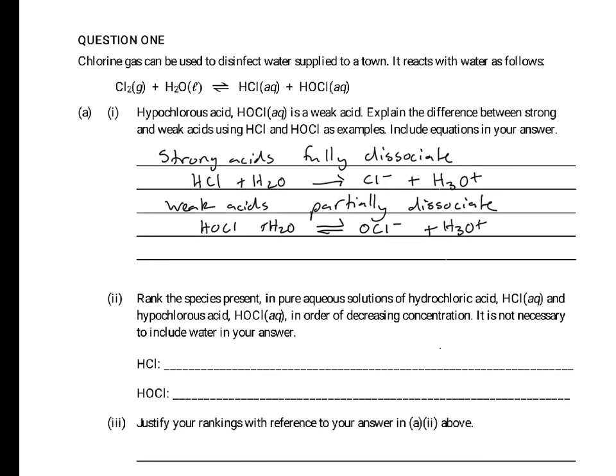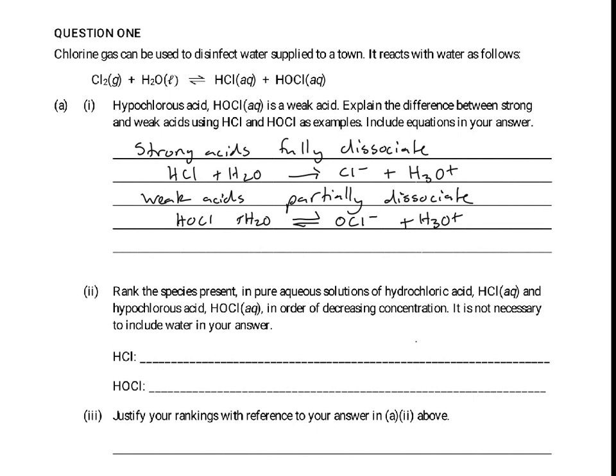So number 2, rank the species present for HCl and HOCl. So for HCl, if you start with that one, because it's a strong acid, when the HCl goes into water, none of the HCl is left behind. All of it turns into the chloride ion and the hydronium ion. So the concentration of the chloride ion is equal to the concentration of the hydronium